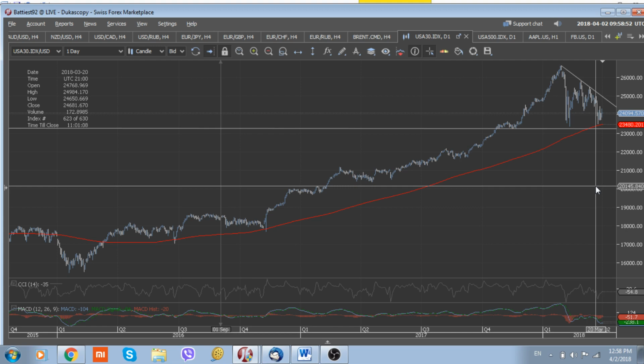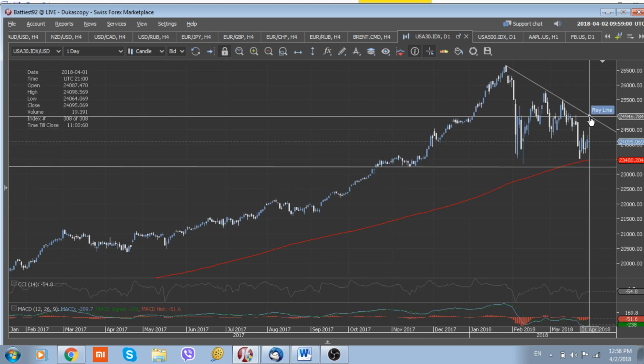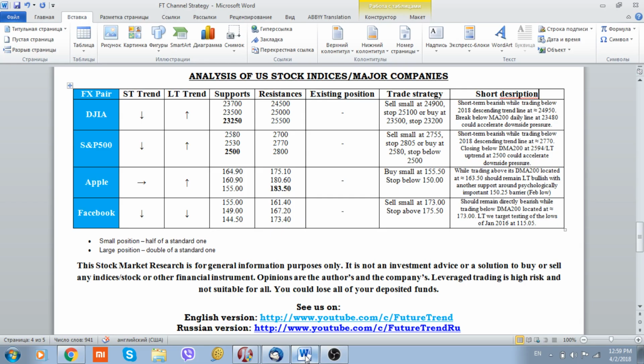But anyway, to follow the current trend lower, we recommend to sell a possible retest of the immediate downtrend, which is located around 25,000. So in our report we decided to provide you with two strategies: to sell the index at 24,900, or to buy it around 23,500, with the stop below 23,200. As you can see in the short description,